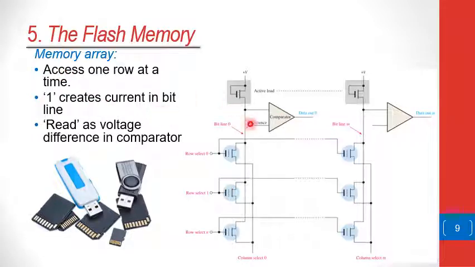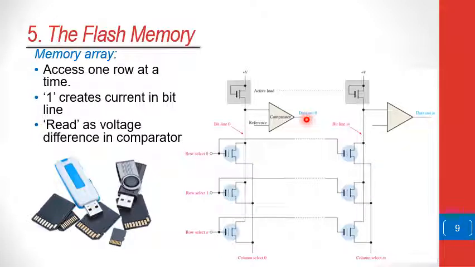For example, if a 1 is stored, which means there is no charge on the floating gate, and a positive voltage is placed on row select number 0, the MOS transistor will turn on, which means there will be current flowing along the bit line. Because of that current, there would be a voltage drop that is sensed out by the comparator, and this will be read out through the comparator